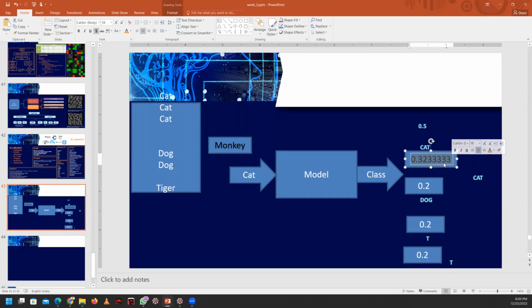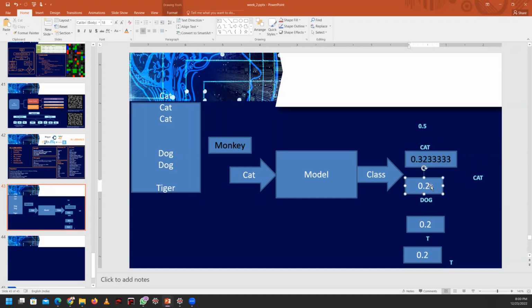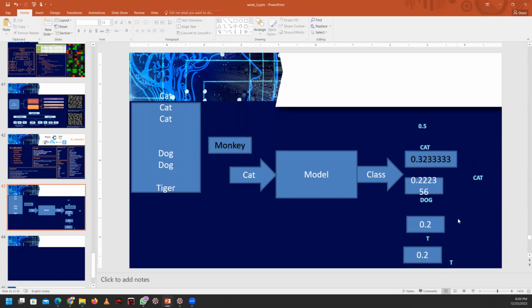Any doubt here? If you consider only the first decimal point, it may be 0.2, 0.2, 0.2. But if you consider n decimal points, there is some difference, right? Yes, sir. Any more doubts? Here you get my point, right?